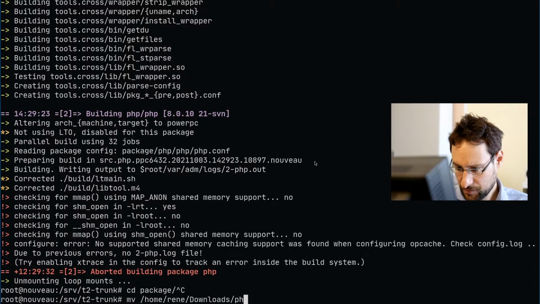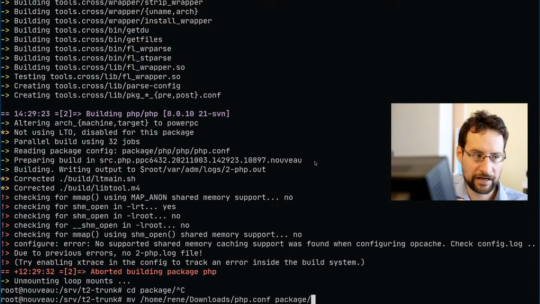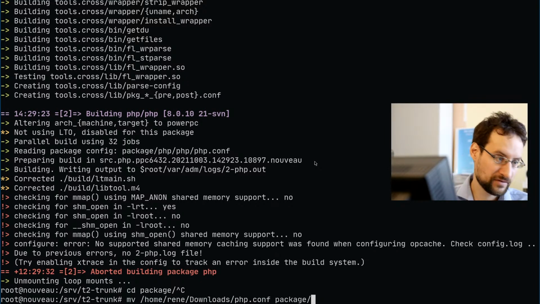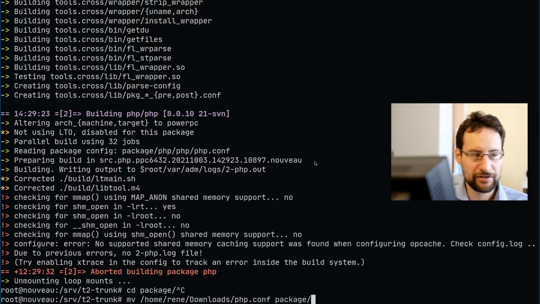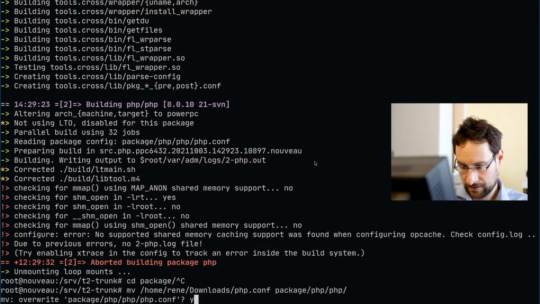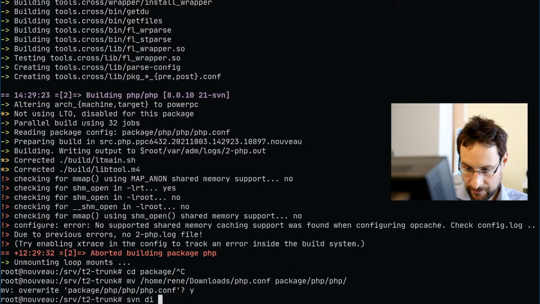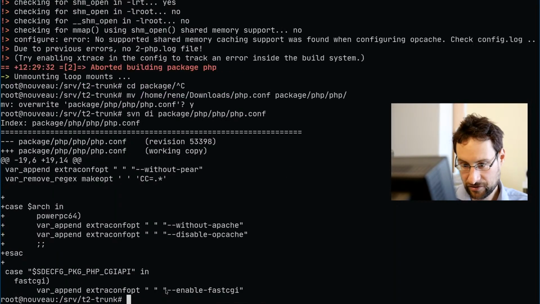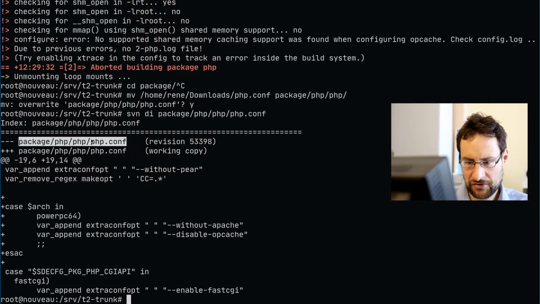So that would be PHP, and the other, of course, we need to not patch that, but to fix it, because it would not work on like 80% of the other little endian. Maybe I need to make a video, little endian versus big endian, for all the new people. But PHP like that, and let's see what they modified there too. So this is also not how you do it.